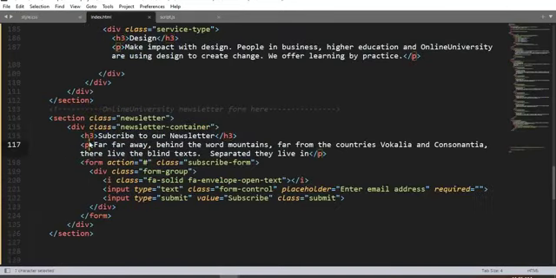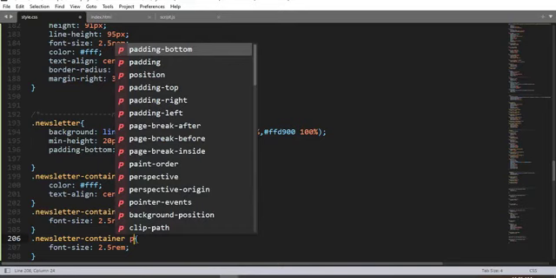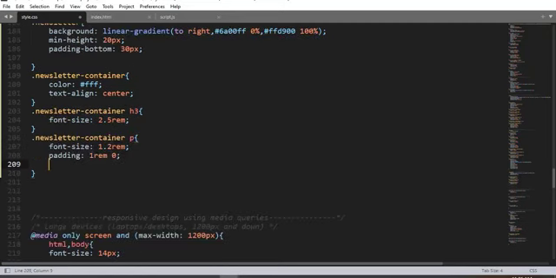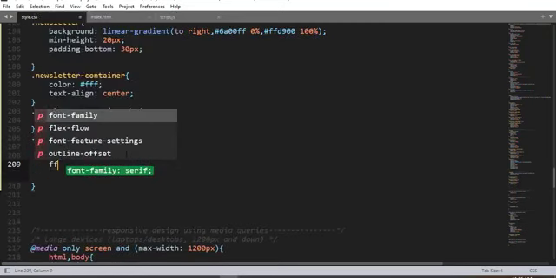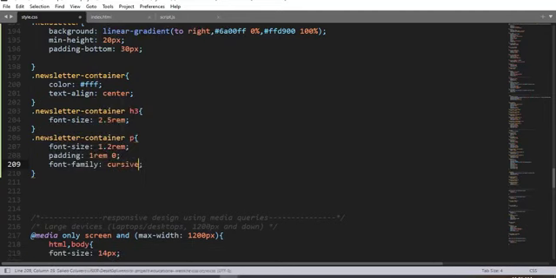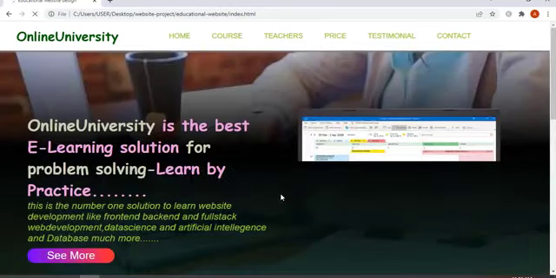So here we have a paragraph. So change this H3 by P right here. And now reduce the font size from 2.5 rem into 1.2 rem right here and padding 1 rem from top and bottom and 0 from left and right and font family again curated. So when I save and refresh,